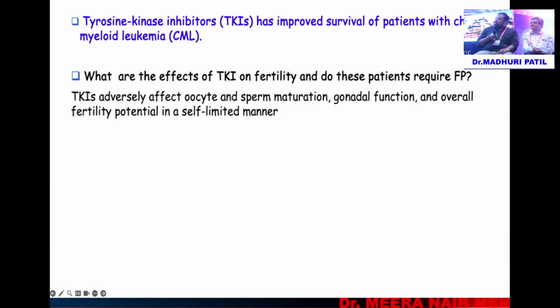Yeah. So what are the alternative drugs you give in case she conceives? So in case she conceives, ideally in the first trimester, actually none of the drugs are really approved for the first trimester. But still, if she's in active disease, then I would like to go for interferon. Obviously, if she conceives in the first trimester and the disease is quite active, I may even give her the option of MTP, whether she can abort, because in case the disease is not going to be controlled and I really need TKI, I don't want to continue the pregnancy.